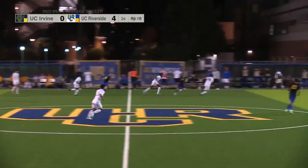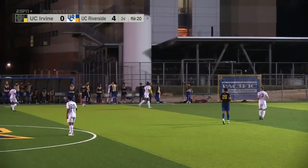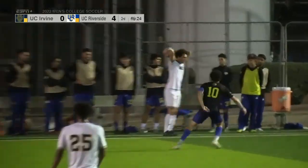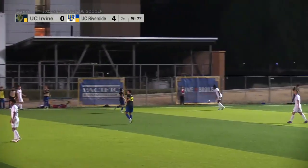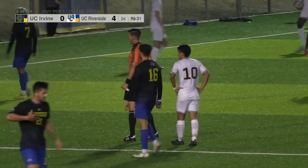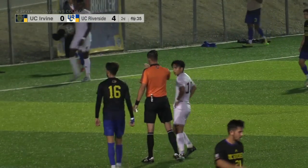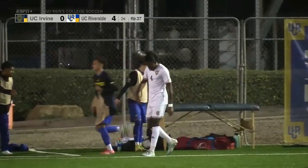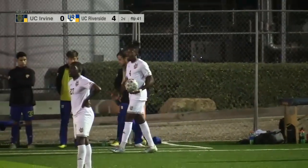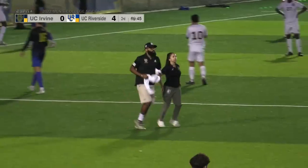Then the Highlanders come back and play Cal State Fullerton, a team that they are tied with as far as points right now in the Big West Conference. So a huge opportunity here at the UC Riverside Soccer Stadium. Then the Highlanders go to Bakersfield, another arguably winnable match, although in the Big West Conference, the competition and the parity is so great, it's hard to make that statement. And then the last match of the regular season for UC Riverside, as